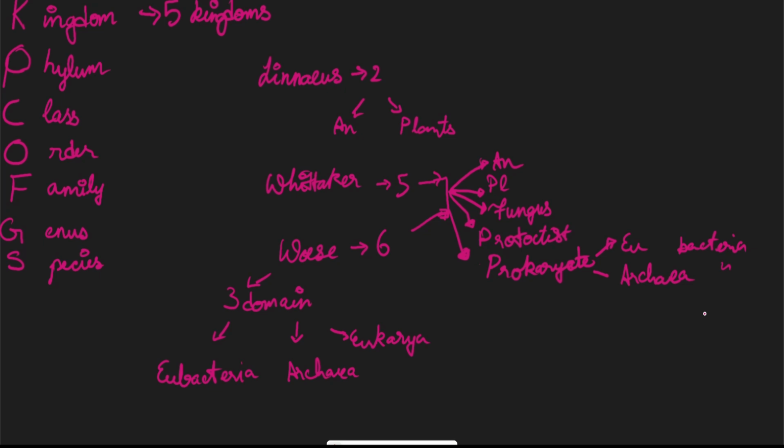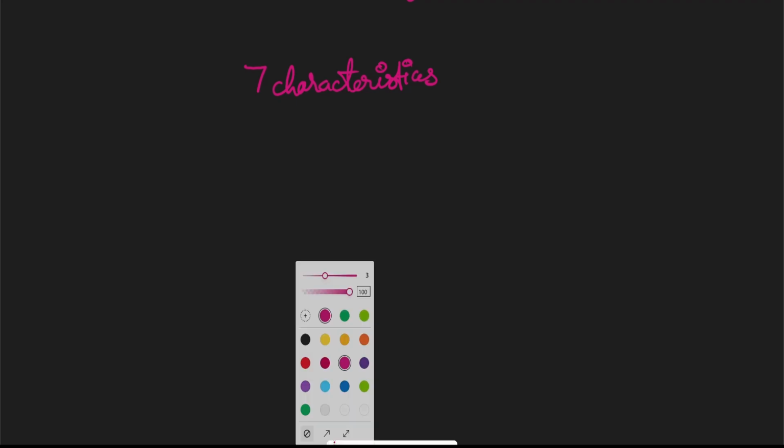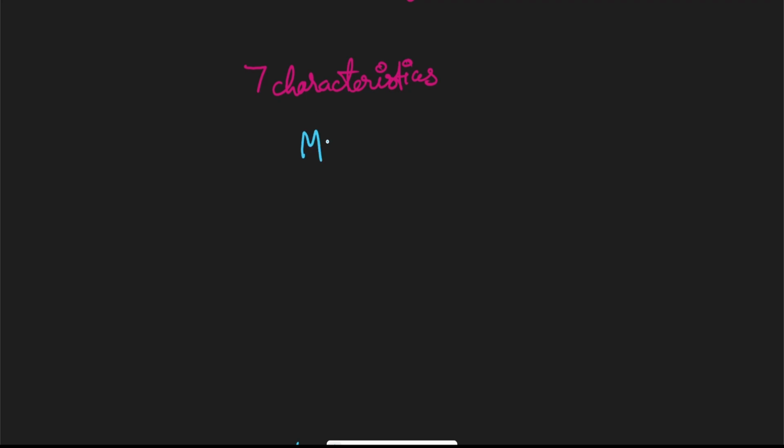So we're going to look at the characteristics of living organisms now that we've learned about the classification. Now there are 7 major classifications or signs of living organisms, 7 characteristics, if you will. And these 7 characteristics are remembered by the mnemonic Mrs. Gren,